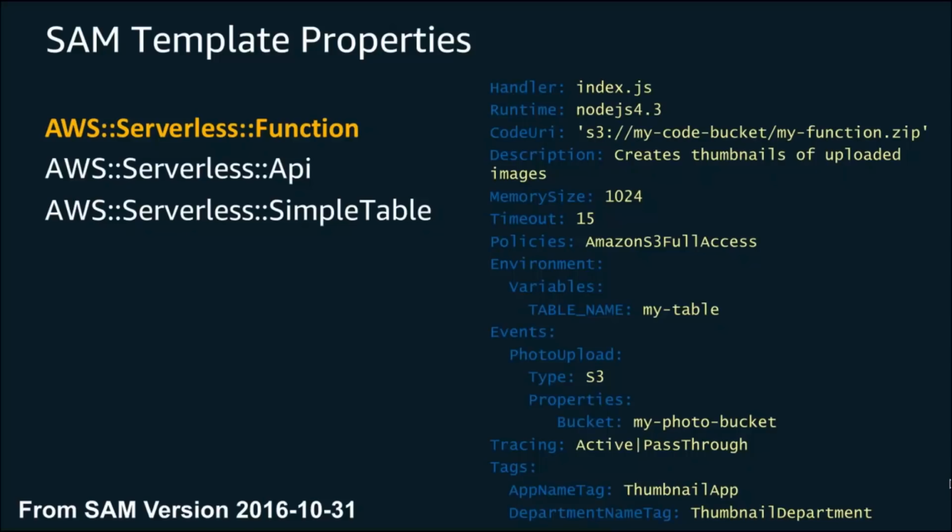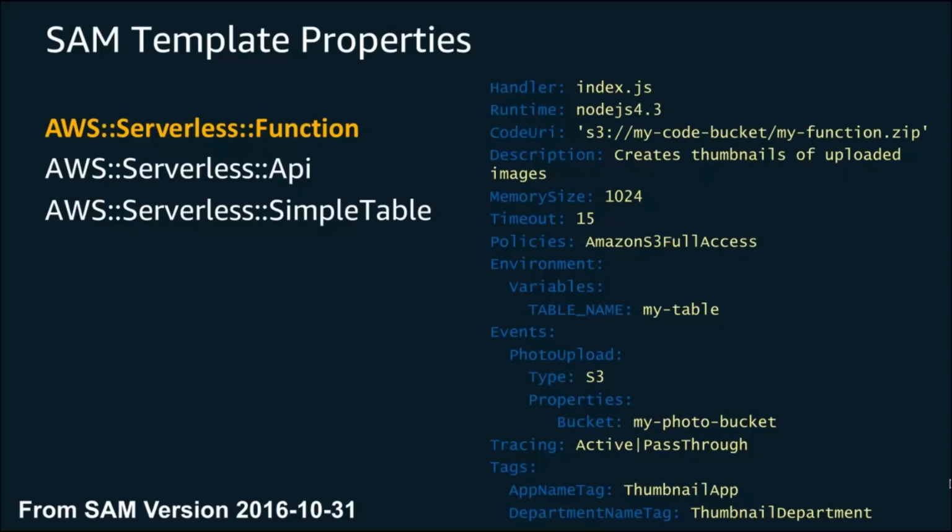Let's go a little bit more in depth here on the 3 main template properties that exist. We see here a serverless function, and this actually does not include all of the bits that you could configure today. But one thing that's really important to note is that you don't have to configure all of these things. One of the key things that SAM does is it assumes that a number of sane defaults are going to be applied. For example, if we don't define memory size or timeout, it's just going to take some very basic defaults and apply those. If we don't define a policy, it's going to assume a very basic execution policy for us.